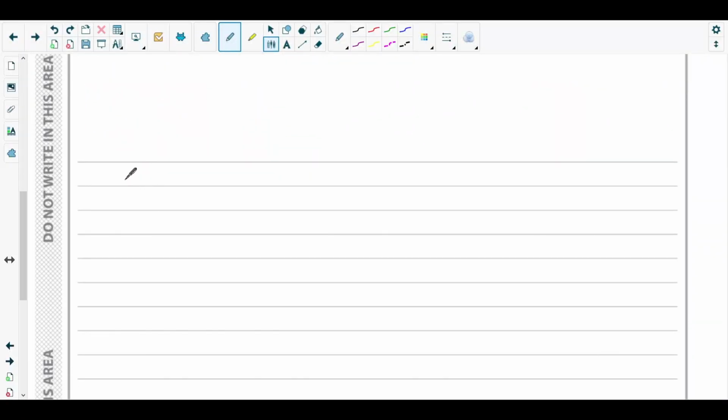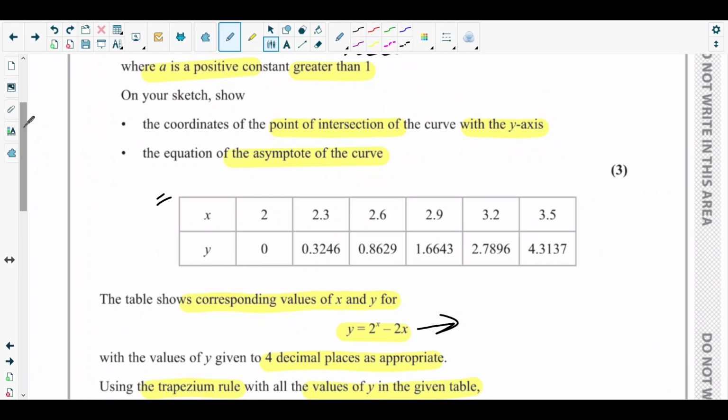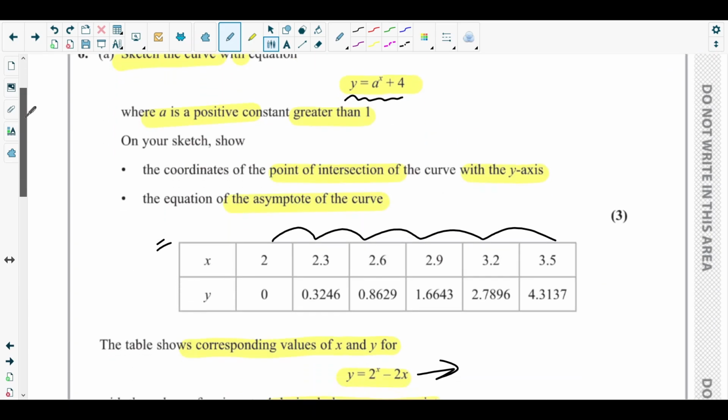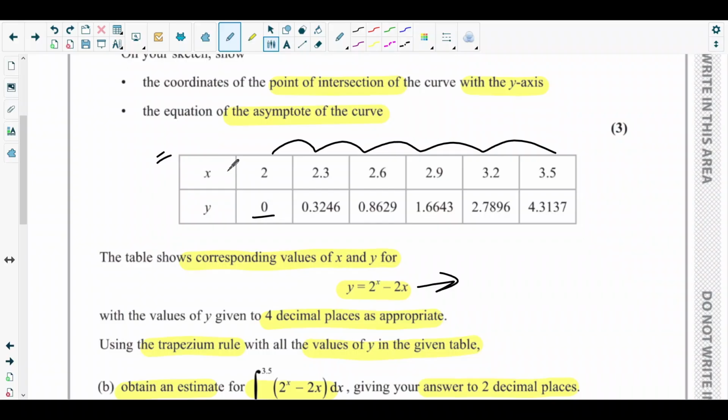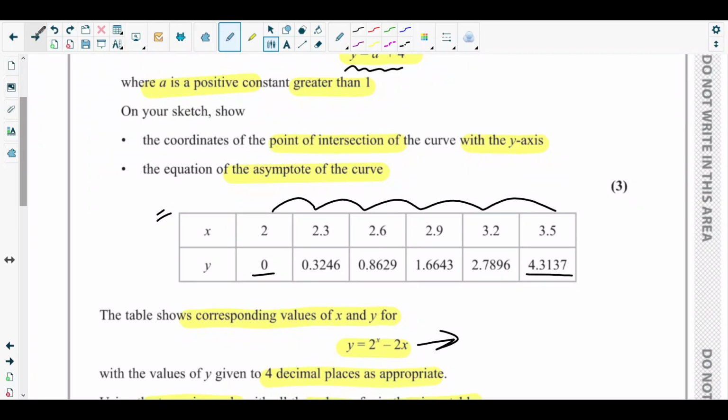Area using the trapezium rule equals half of h. h is the width of the strips, which is the difference in the x values, and it is constant. Here it is 2.3 minus 2, which is 0.3. So this is 0.3 times the height of the first strip, which is 0, and the last strip, which is 4.3137,